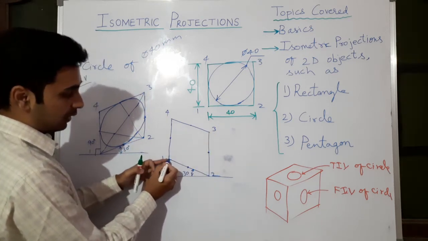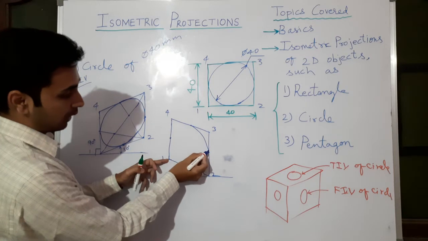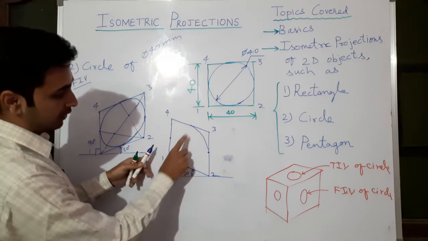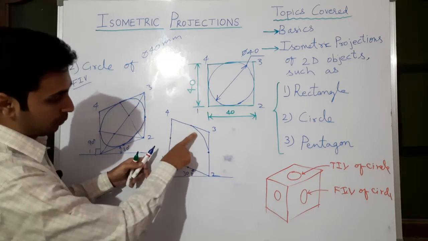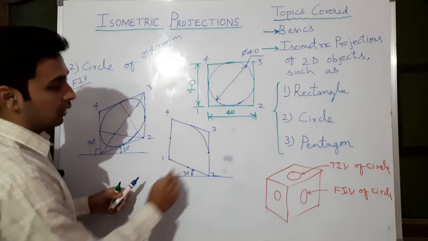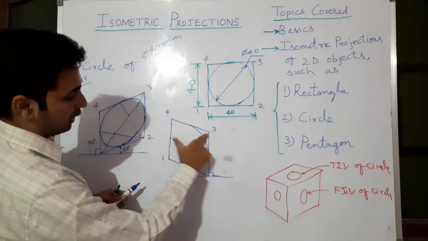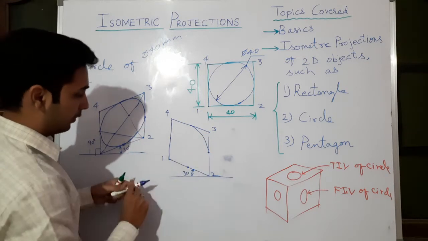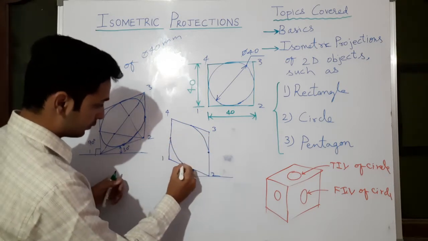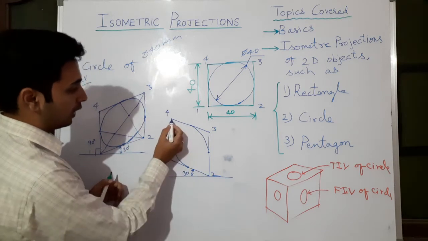This as center, join this to an arc. This is the center, radius is this. Join like this to an arc. 2 midpoints, so you will be getting an arc. Then 3 as a center, radius is this midpoint or this midpoint you take, draw another arc like this. This way. Now join the longer diagonal.